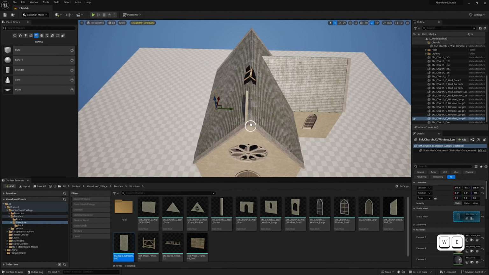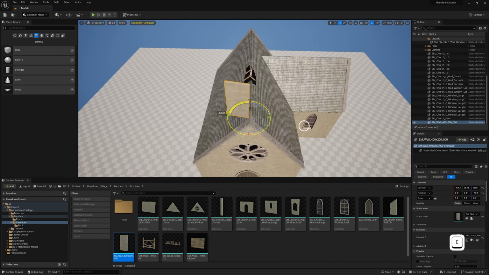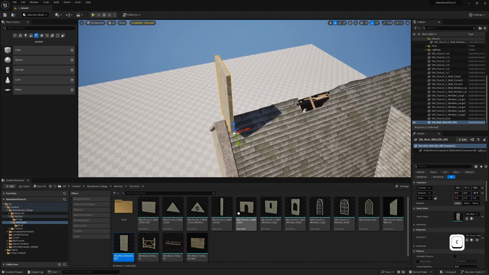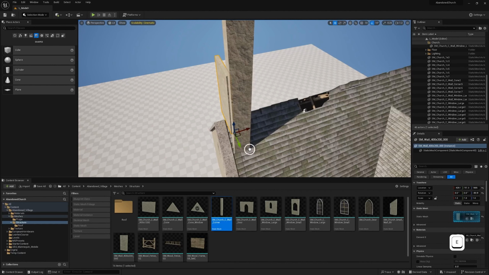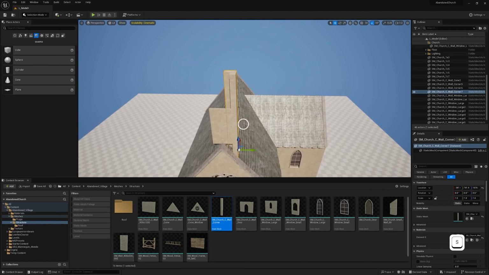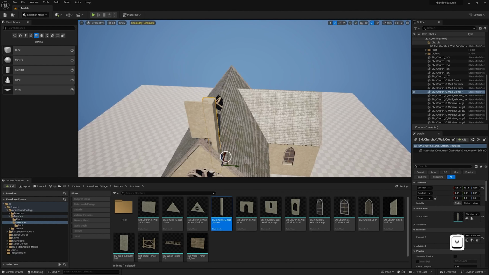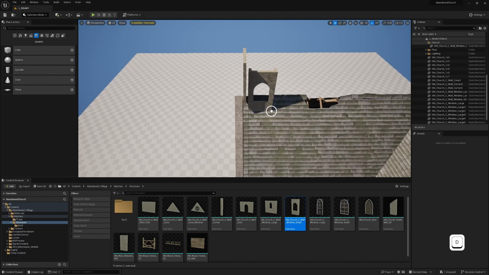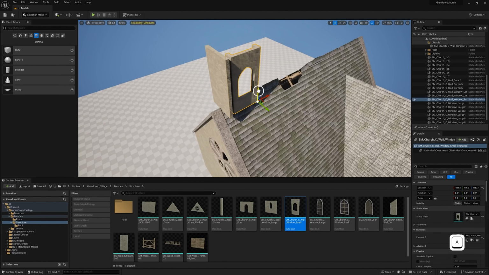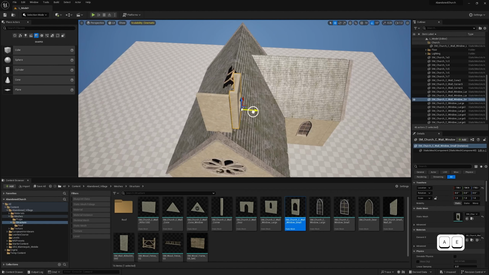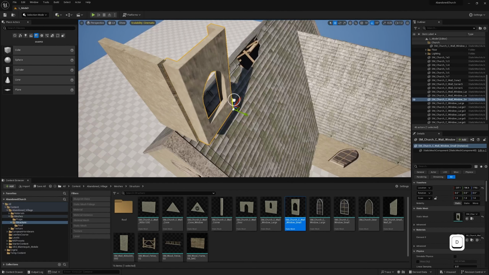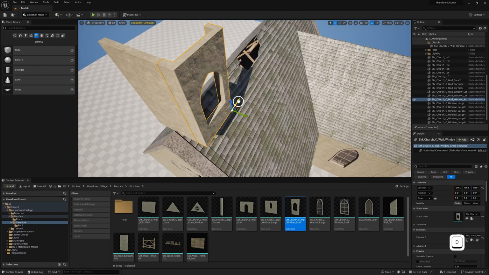Now we're going to put down a little bell tower up top. So let's put down this little wall over here. Let's rotate this 90 degrees and place it over here. And let's bring this pillar up. Actually, I don't think the pillar will work too much, so let's just bring this wall and bring it up. You can see it has a little bit of that wall sticking out a little, so make sure that these are aligned nicely